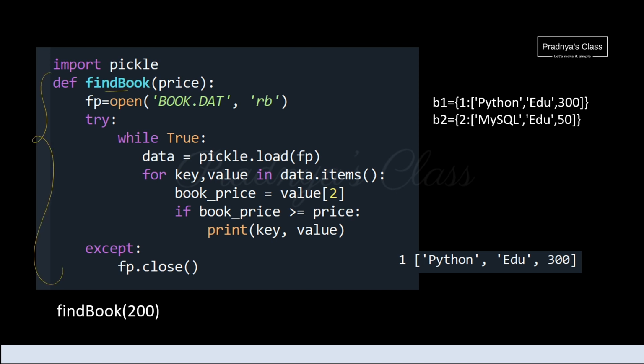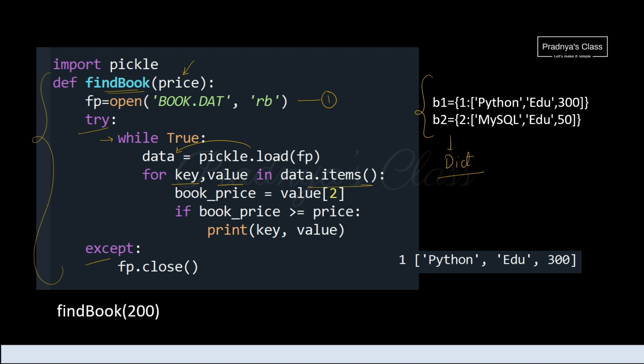Here is the required user defined function which takes a parameter price. The first step is to open the file in read mode. We are using try except block as usual, and using a while loop we will be loading the content from the binary file that we are getting in a data variable. The content of the file is in the form of a dictionary, so we have to iterate over the key and values.